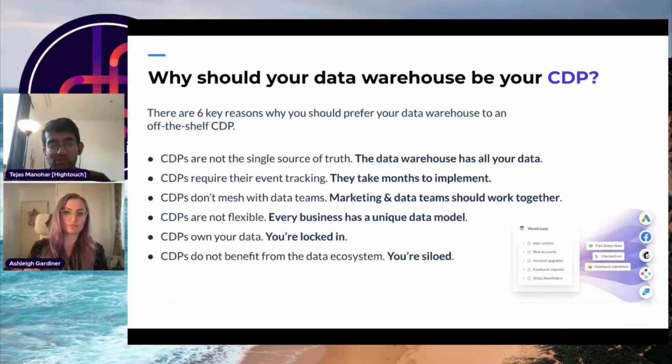So first, what we realized was that CDPs aren't really the single source of truth. If you adopt a new platform like an off-the-shelf CDP, like a Segment or mParticle, you start to realize quickly that it doesn't have all the data you need. Even if you implement something like Segment's Analytics.js library on your website or the equivalent on your mobile app, or send a few events to it here and there, it doesn't have all the data